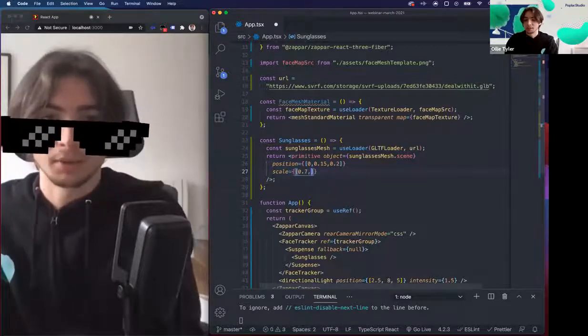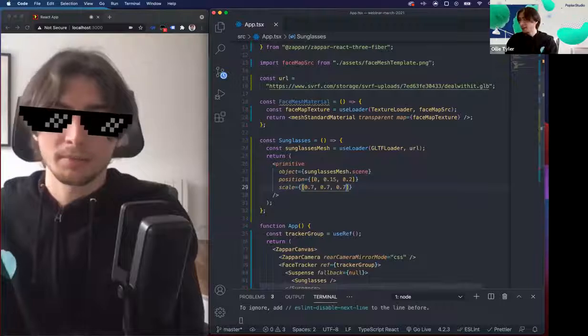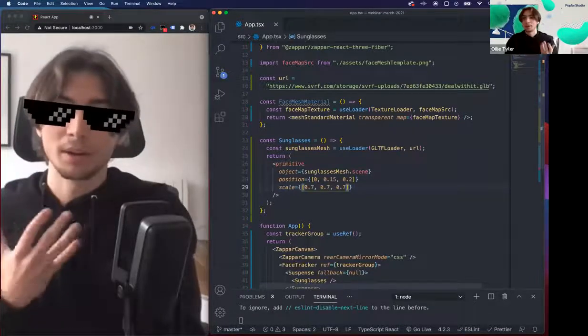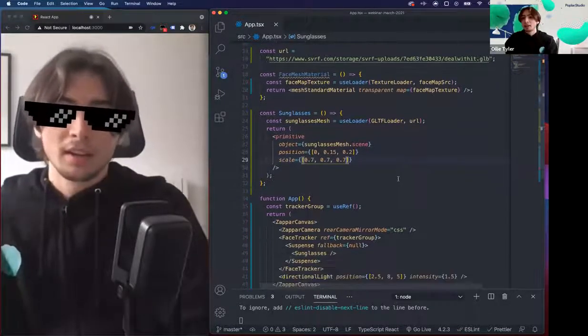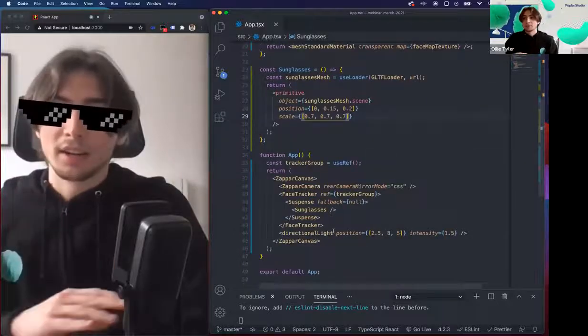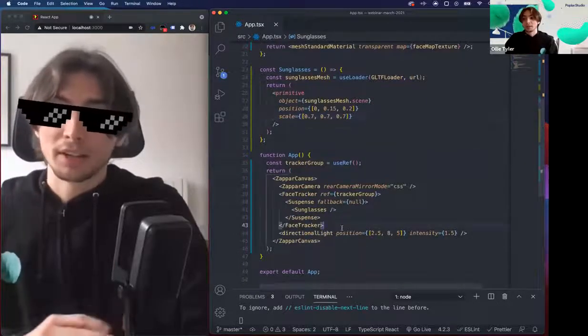I'll put it to 0.7, 0.7, and 0.7, and give it that save. And there we go. That fits on my face a lot better now. Now on the lighting side of things, the Bootstrap comes with a directional light already chucked into it, which is